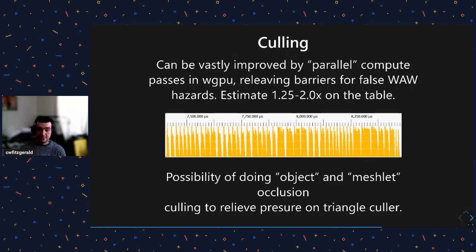And of course, there is the possibility of doing object or meshlet culling, occlusion culling, to relieve pressure on the triangle culling. For example, in this scene, a lot of the time is spent dealing with